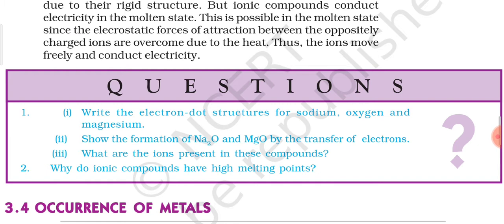And then you can easily write the positive charge and negative charge based on the number of valence electrons they have. That means if you know about the octet rule, or if you remember the cross multiplication method which we followed last year to form the formulas of different compounds, that method you can definitely apply here. It is very easy. Sodium tends to lose, or give, only one electron to the non-metal, so it will develop a Na plus charge, and you know that the valency of sodium is 1, so that also you can directly write.